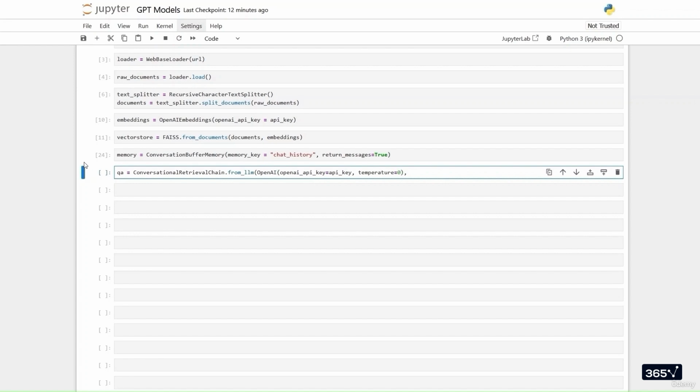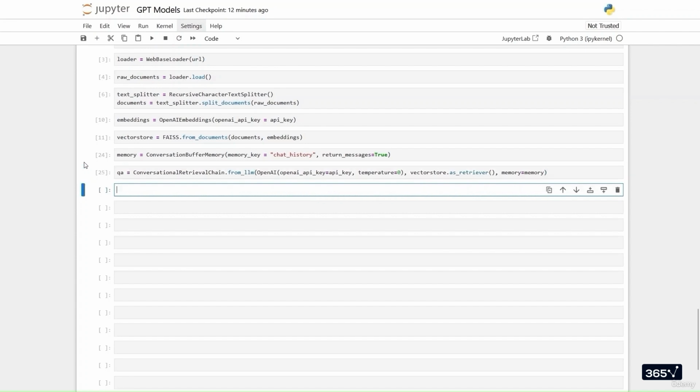We then pass our vector store as retriever and pass our memory. And that's it. We're now ready to ask our model questions based on this text we provided from the 365